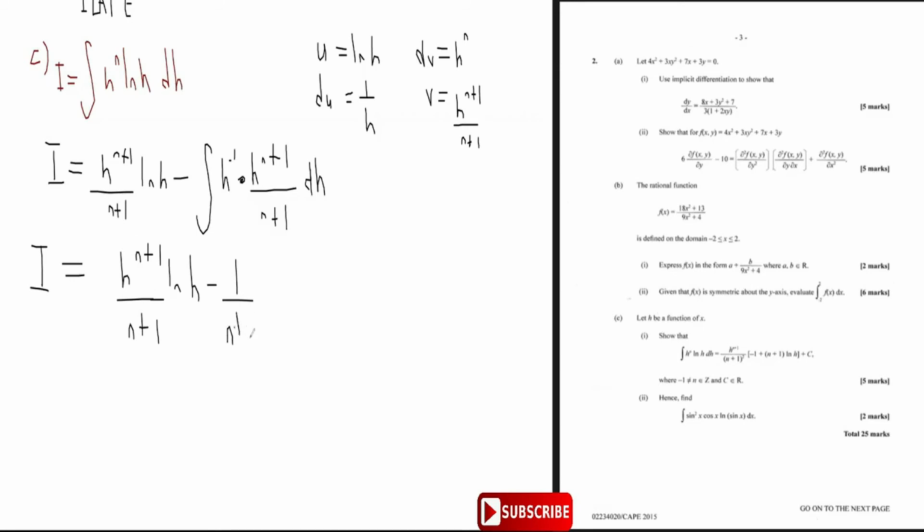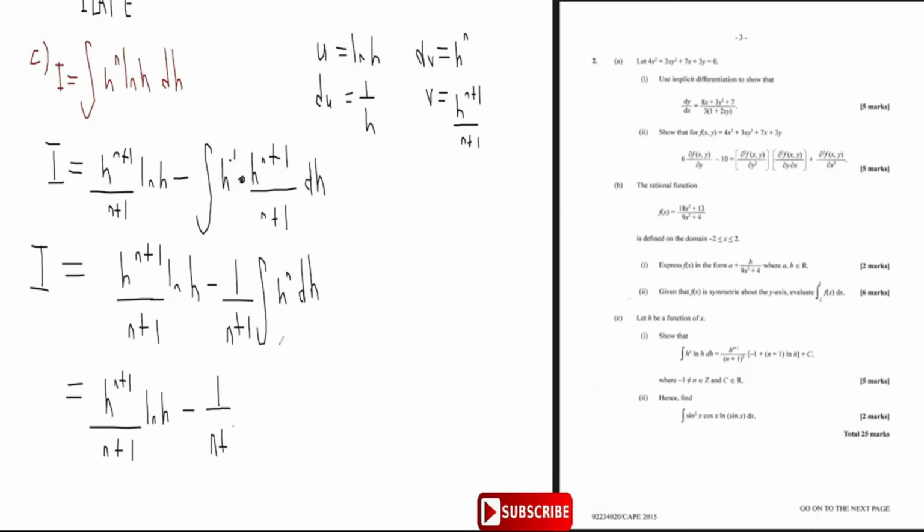And since the bases are the same and I add the powers, I am just integrating h to the n plus 1 minus 1, that's just h to the n. So I'm integrating h to the n. Now carrying out this integral, what I'm going to get is h to the n plus 1 over n plus 1 times ln h